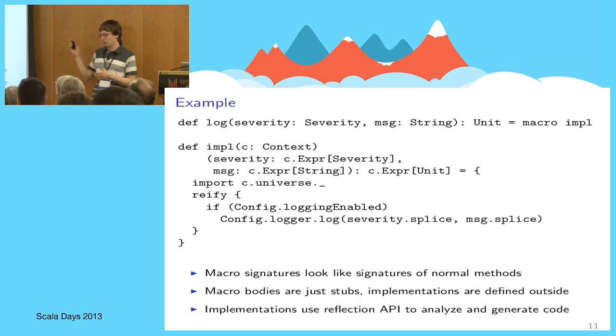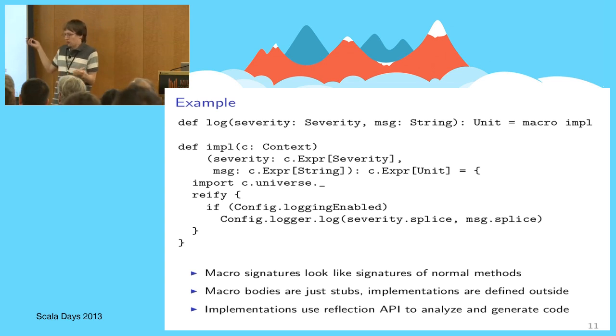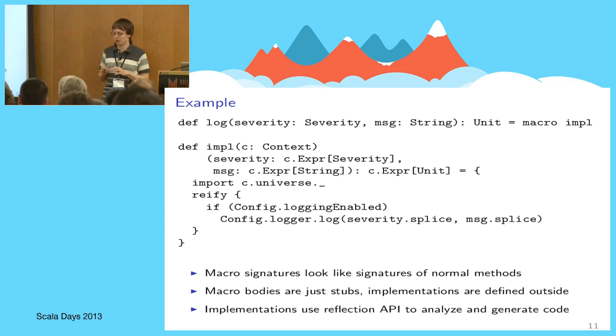First of all, we import the Scala API, import c.universe._, and then we use the reify function to compose small parts, some pieces of code, into bigger pieces of code. So as you can see, it's quite easy as it looks here. There are some difficulties. They've been addressed, and just in a few minutes.